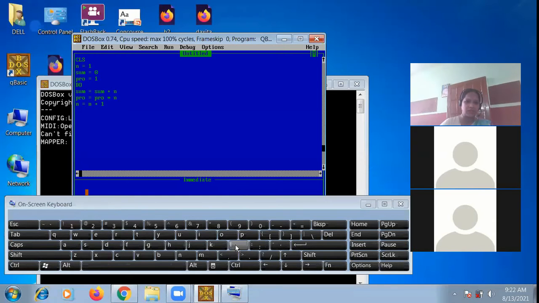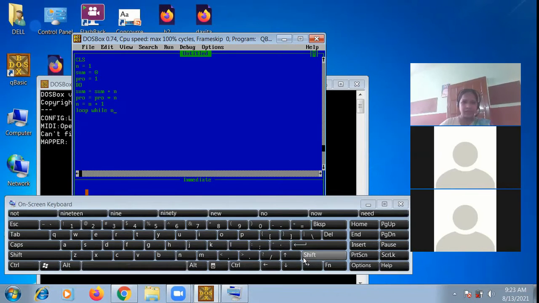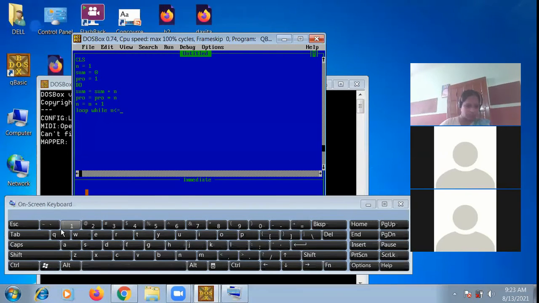Now let's take the loop: while n is greater equals to, here we will not write 50 because with 50 the multiplication will be too long. So here I am going to take 20. Then enter the product.